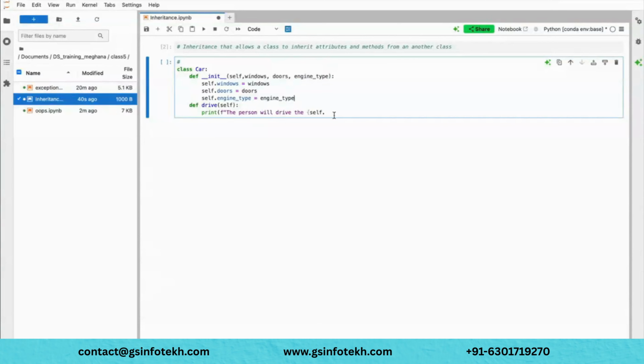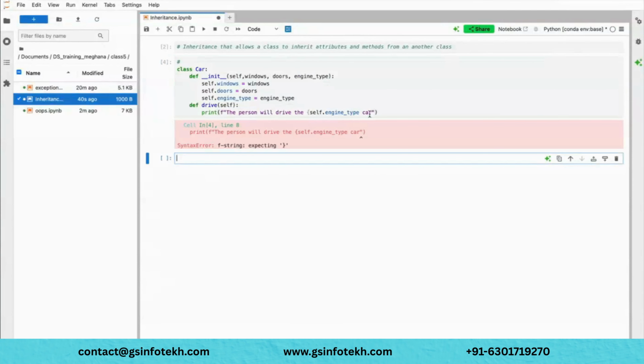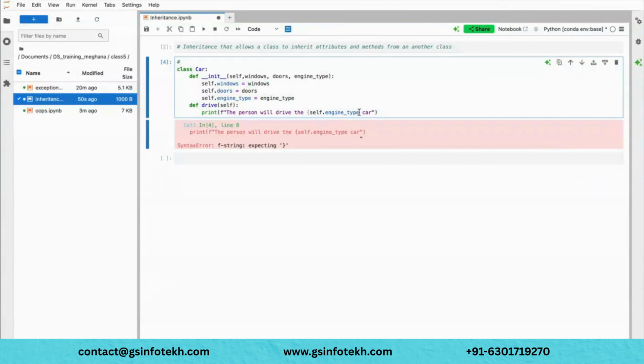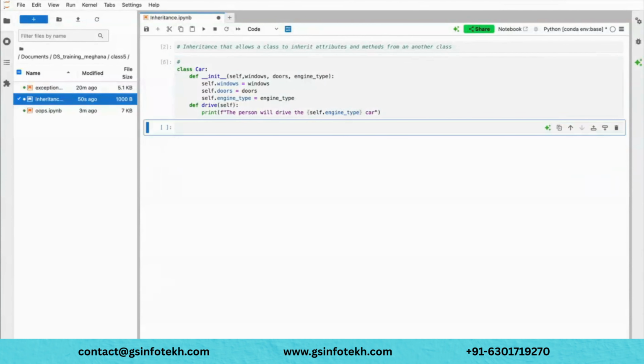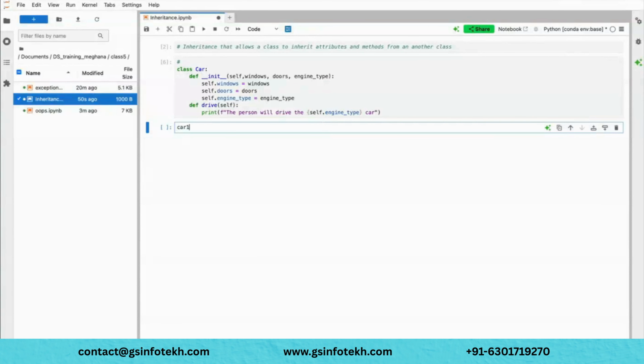That is what I'm trying to print here. Okay, there is a curly brace missed. Right, so this is how it's created. Let's say I'm creating an object, just wanted to test whether this is working or not. First, I need to pass 4 windows, 5 doors, and then I will call petrol.